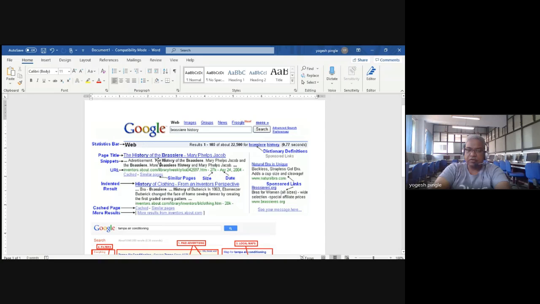The history of Brasilia, whatever is there, it is inside this, right? Okay, so that's why it is called the intended result. And inside that also, all of this is there. So what we are trying to say is, for each search, we are going to focus on these points: the page title,